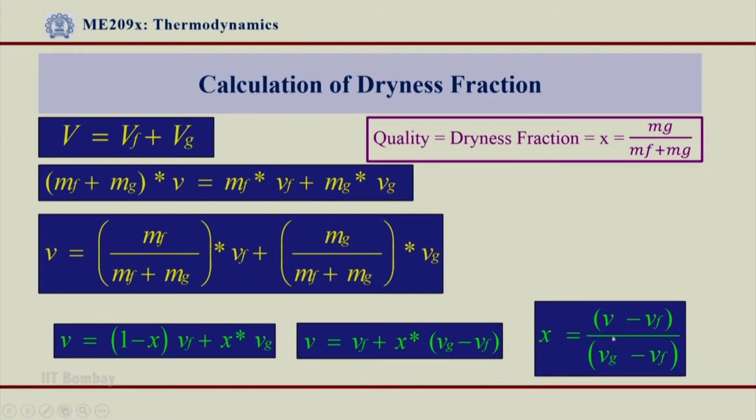V is the actual specific volume of the given mixture of gas and liquid, alright. So, it is a two-phase mixture that exists. If I know this value, I can compute what is x. If I know x and if I do not know this value, I can still compute the value of V in that case, provided I know Vg and Vf from the steam tables. Of course, I know the Vg and Vf if I know pressure and temperature, and this will be more clear when we solve the problems or tutorials.